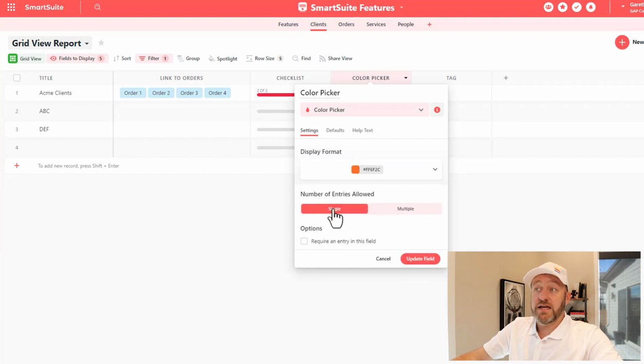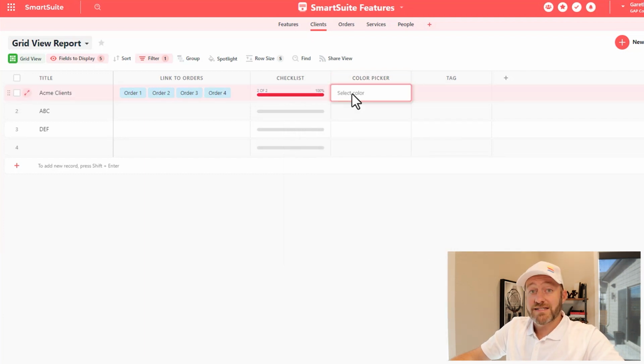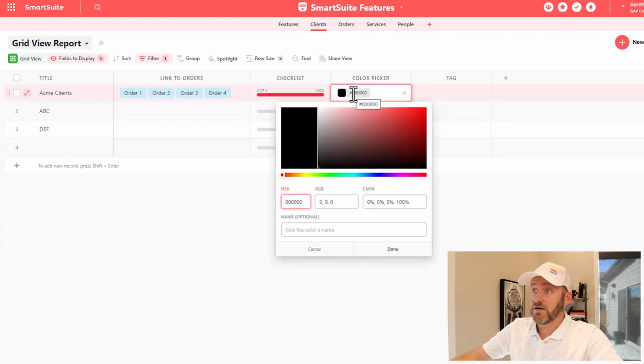And we can also elect to include multiple entries in one particular record or just one entry at a time. Also, default here is to require an entry in the field, either yes or no, and then we'll make an update to that field. Now let's get inside of this and pick a color. I will select here, and by default I'm taken to the 000 hex. I can either just type in the hex, RGB, or the CMYK. In this case, I'll go with a color that I know. I'll go ahead and plug that in, and you see that it automatically adjusts for me,